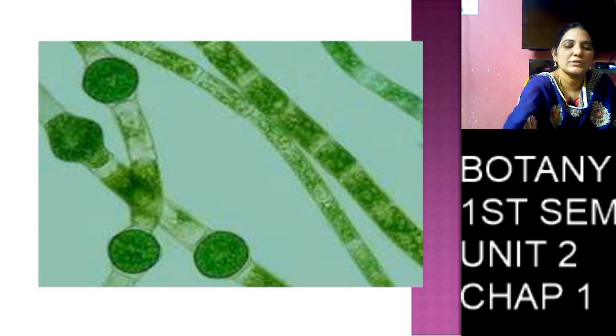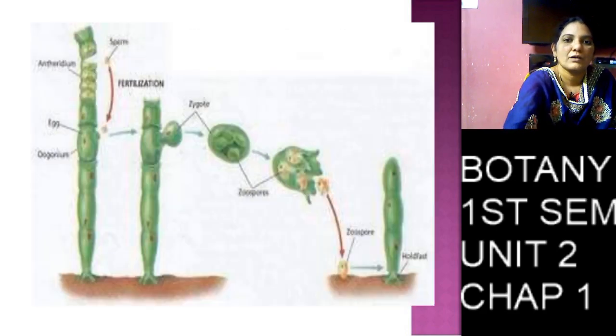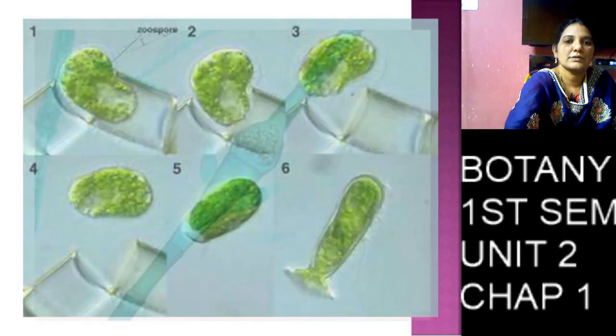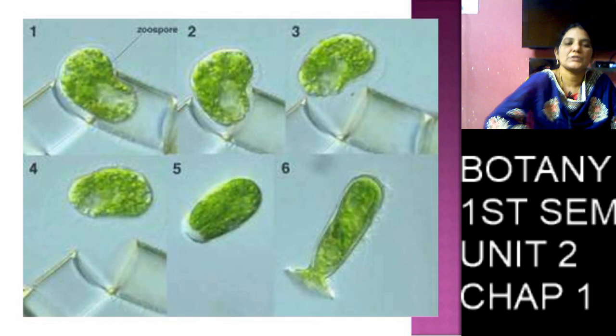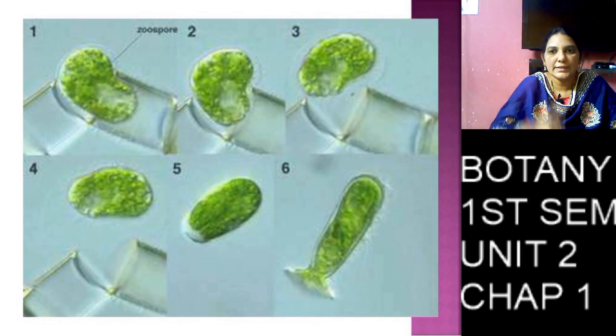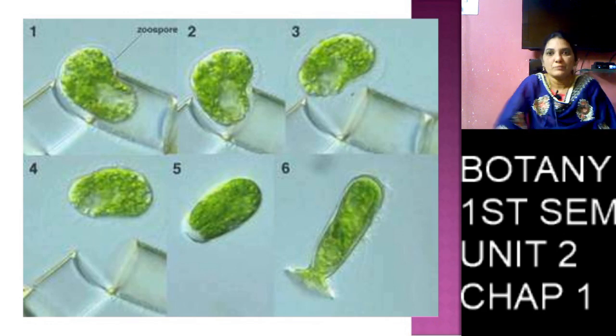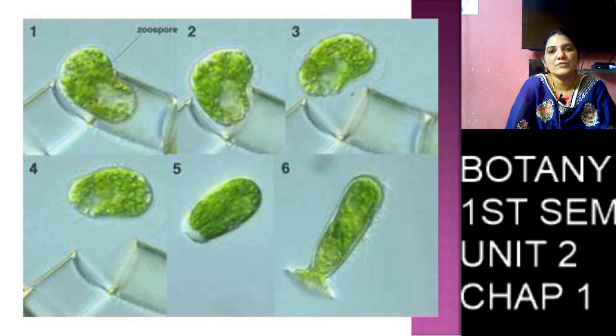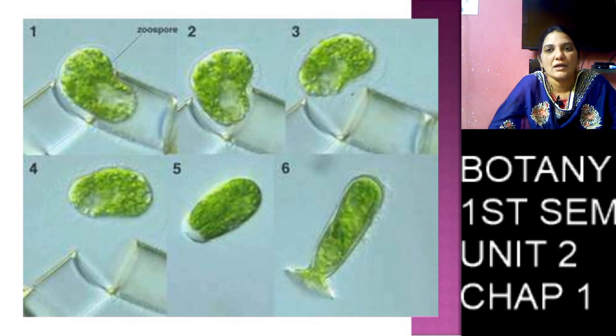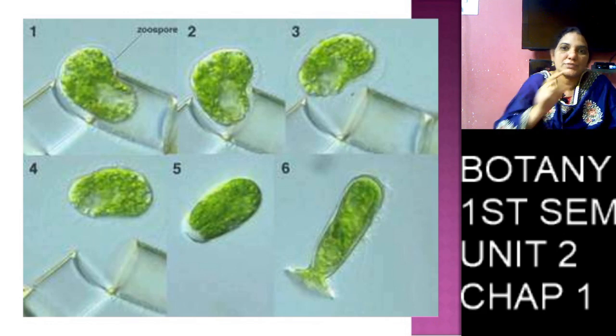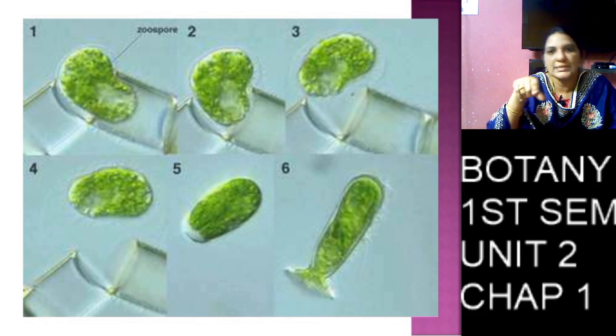The second one is asexual reproduction. In asexual reproduction, the cytoplasm is completely converted into one round or ovule-shaped structure, and it forms basal granules at the upper side. Each basal granule produces a blepharoplast, and the blepharoplast produces flagella.